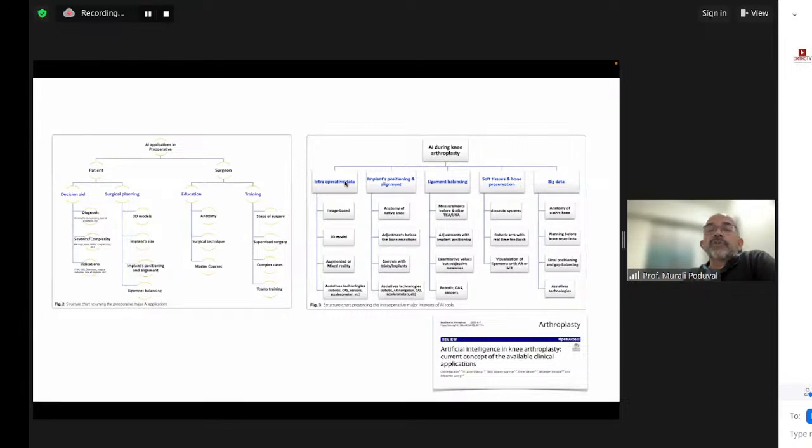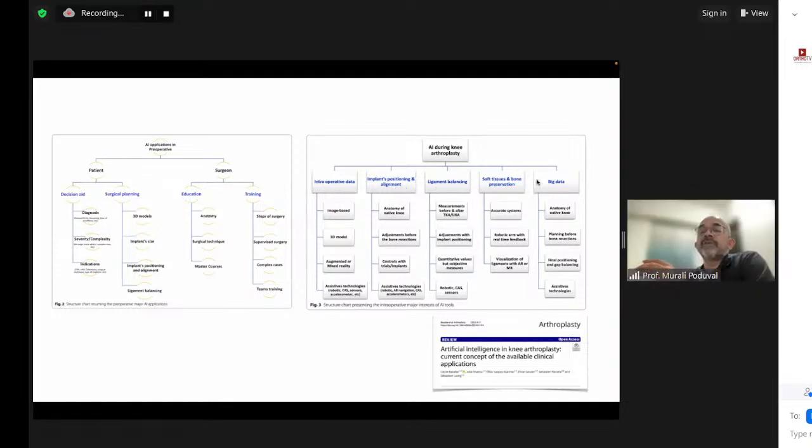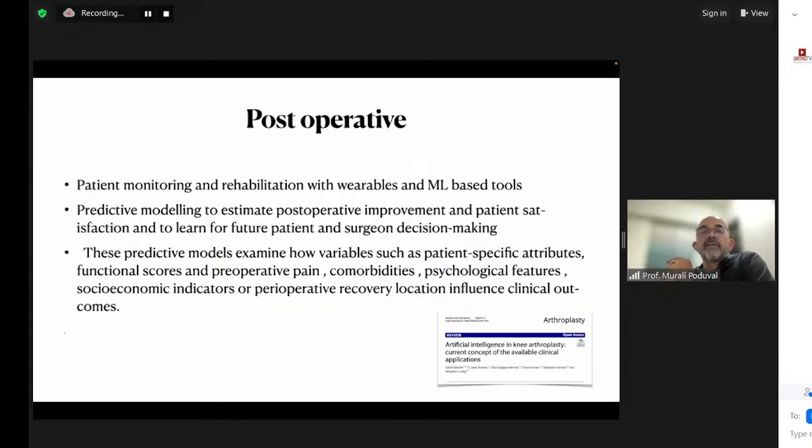But if you look at the intraoperative side, the shift is more towards the data oriented. Intraoperative data such as image-based 3D model, AR, MR, assistive technologies like robotics, computer-assisted surgery, sensors, etc. Implant position alignment, ligament balancing, soft tissue and bone preservation, and big data. Now, all of this makes more sense if you look at it. Just give me a moment. When I finish the post-operative, then I will try to see where this all comes together from a similar figure